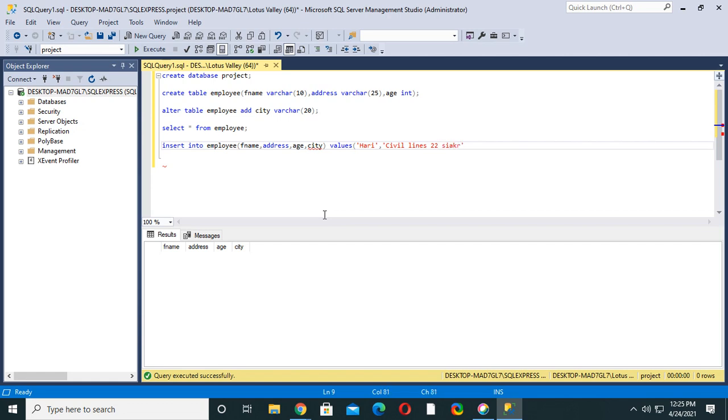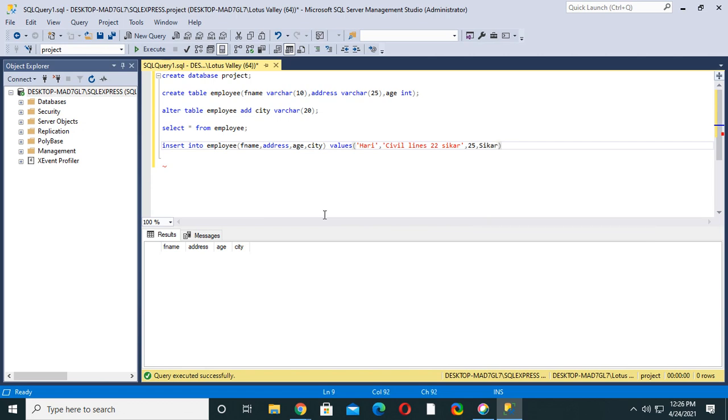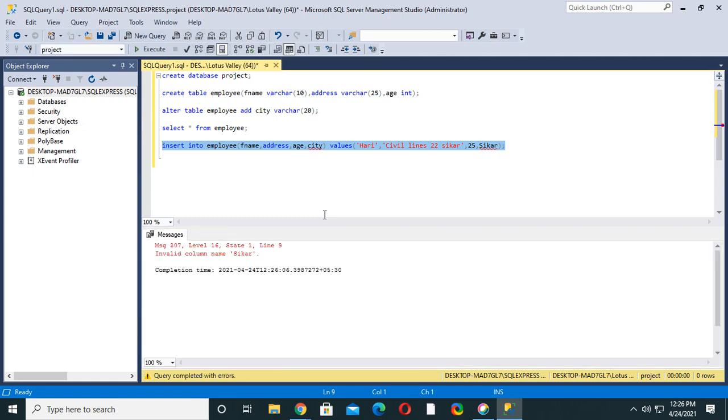So this is our address. Next is age. So age we have taken as integer. Suppose we are writing 25, and last is city. So city is Sikar.